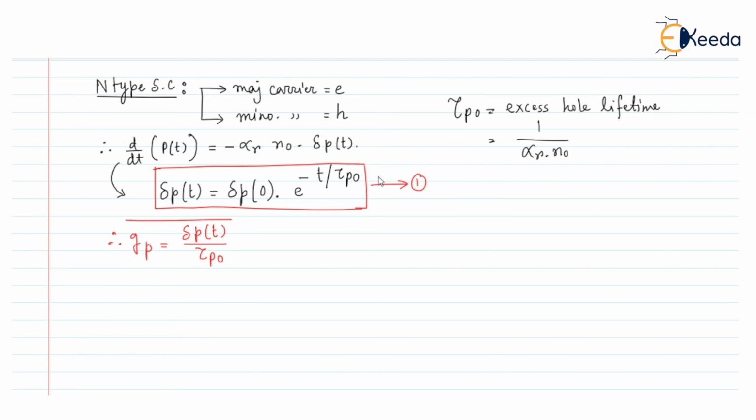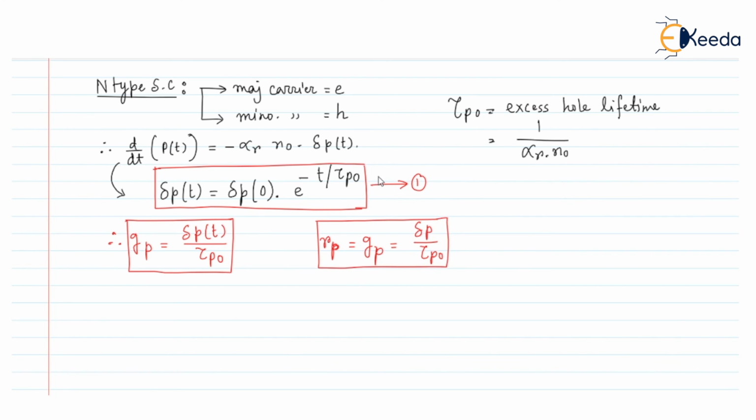So this is the generation rate equation for the holes. Similarly, if we find the recombination rate for the holes, that is Rp, it will be similar as the generation rate, that is the Gp, del p divided by tau p0,